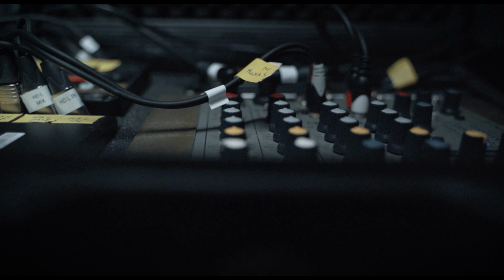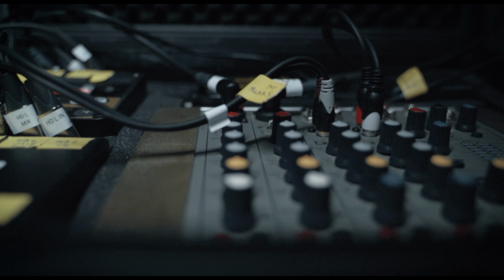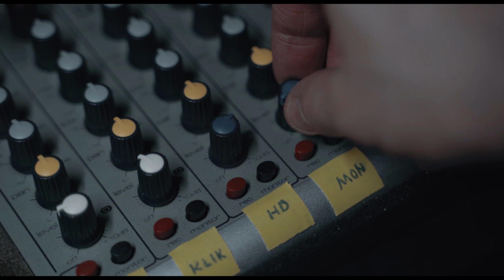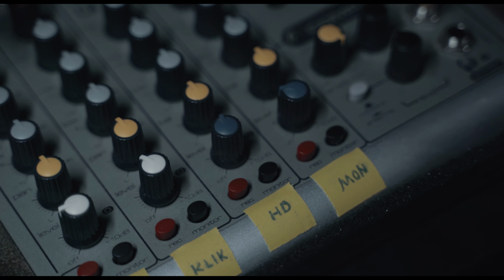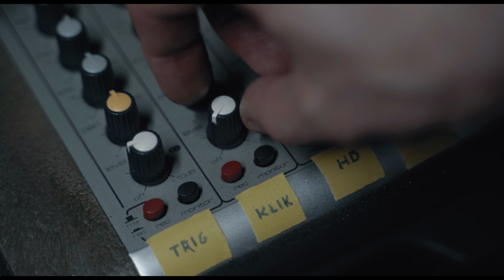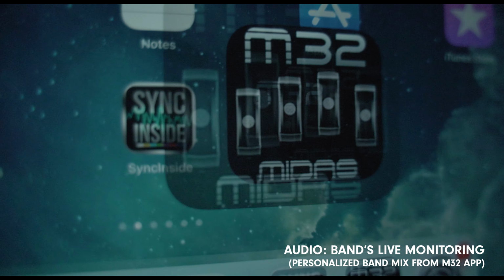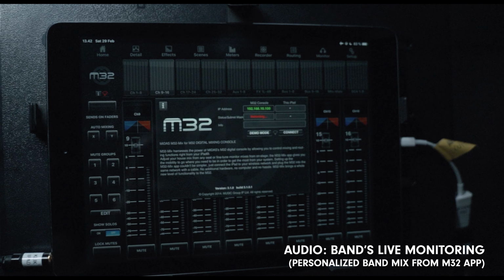On our live shows I'm controlling when the song starts. I have 4 channels that I'm able to control through this mixer of mine. They are the monitoring mix of the other band and the other mics of my drum set. Through this mixer I control 4 tracks directed to me independently from the front of house mix that goes to the front of house and the rest of the guys. I have these analog knobs which allow me to switch and tweak the levels on the fly as I play. And I have the monitoring mix, which is a whole band mix of all the guitars, vocals,